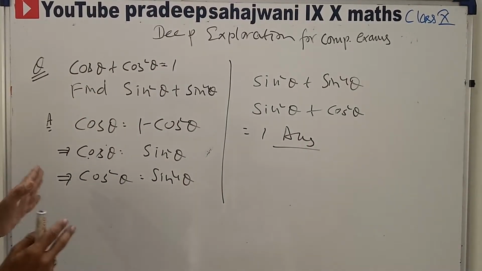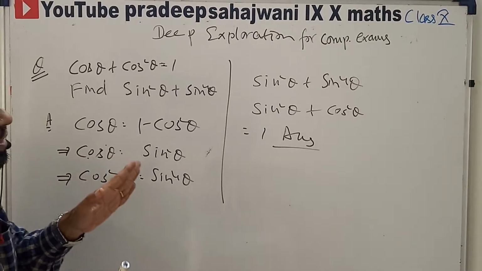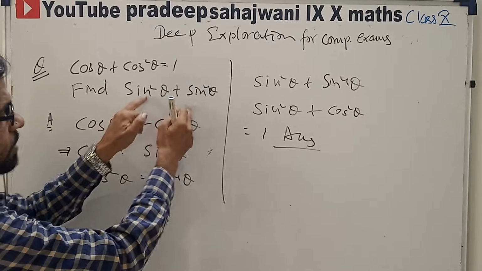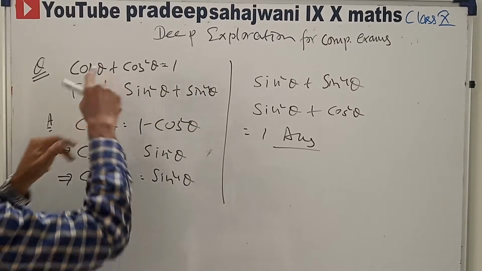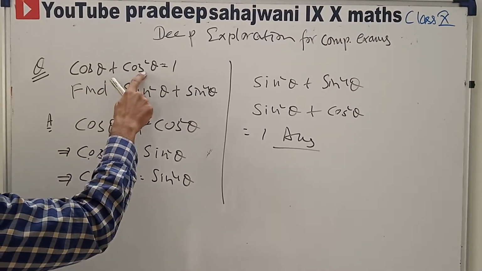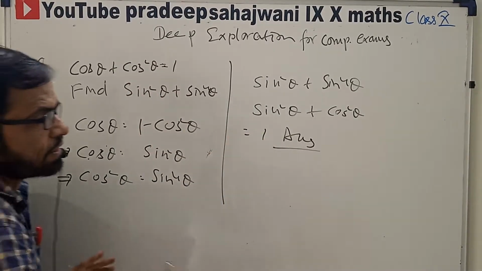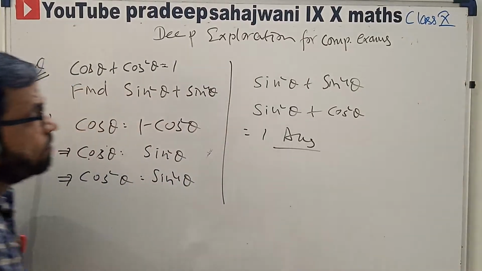So now remember also, in the objective and NTSE and a lot of competitive examinations, you can use directly: cos plus cos square is 1, so sin square plus sin 4 is 1. Okay, it means 1 degree and 1 double degree, then sin's double degree squared then 4 times, so 1 comes. Remember it like this for your competitive exams.